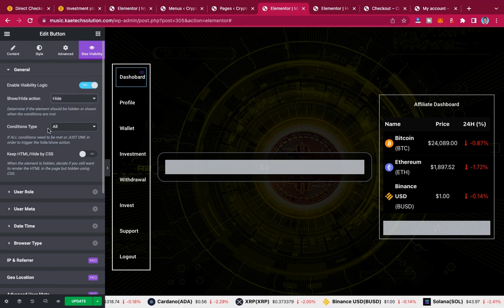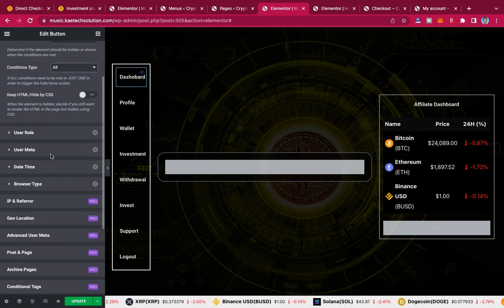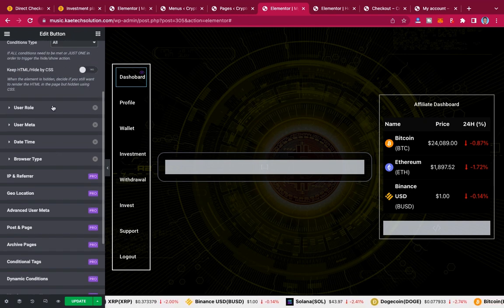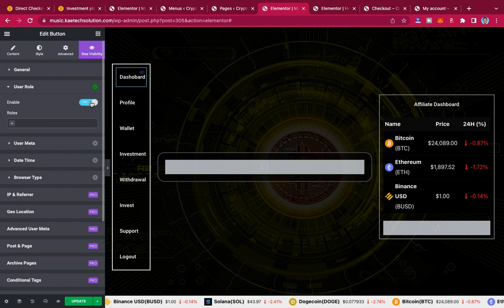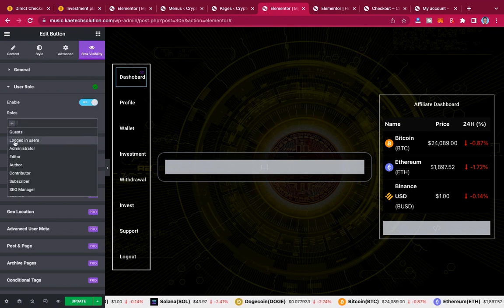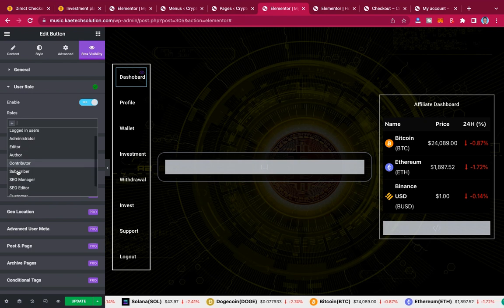Now conditions type, so at least one, or maybe all. Whatever you want to do, you do it. Now what we want to do is show based on user role. We want to enable the user role. Okay, now how do you do it? Now we want to click on this plot over here, and then we want to hide it from maybe